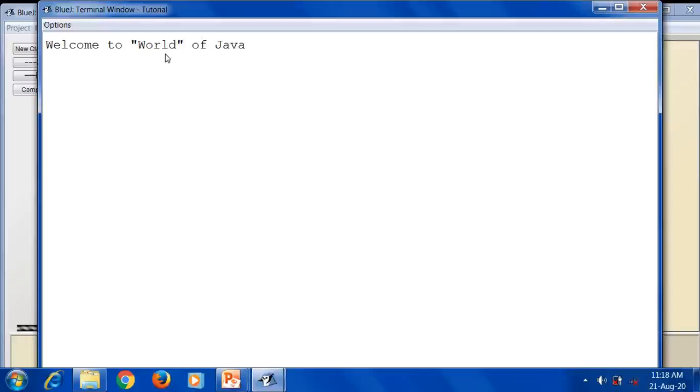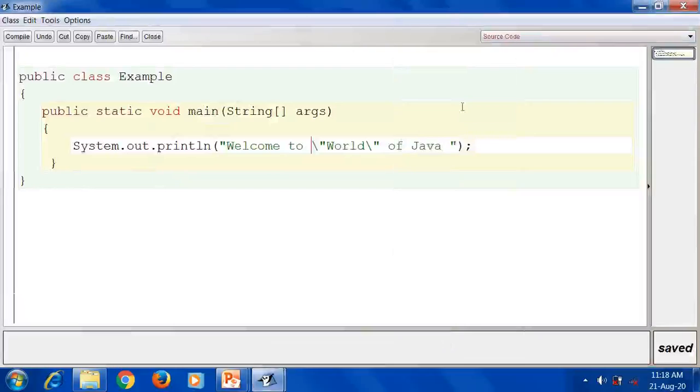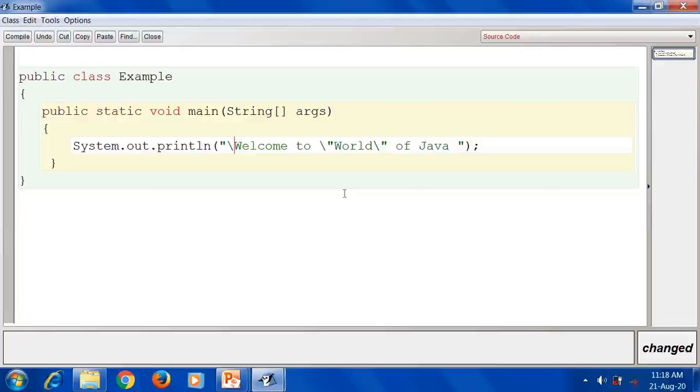Usually it is not possible to get the double quote directly. So in that case you can use the escape sequence to give the double quote for a particular word or a particular sentence. You can give a double quote for the entire sentence also. For giving a double quote for the entire sentence, give a backslash here, the escape sequence.